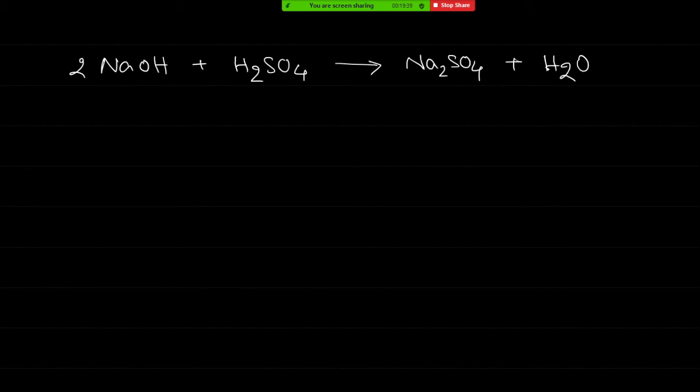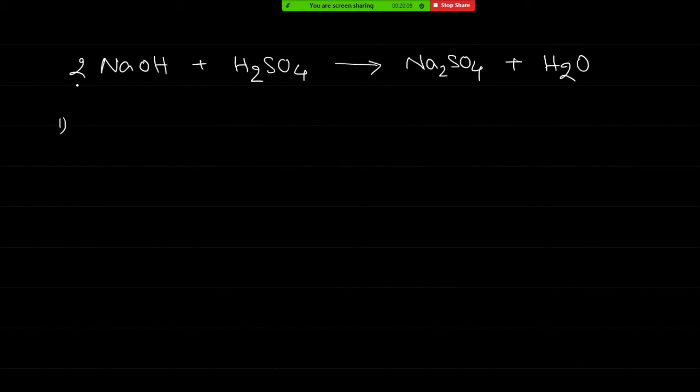From the above equation, one thing we are able to tell is the actual result of this reaction. With sodium hydroxide and sulfuric acid, you can tell what product is formed. Second, the reactants involved and the products formed as a result of the reaction. Third, the number of molecules of each substance taking part and formed in the reaction.